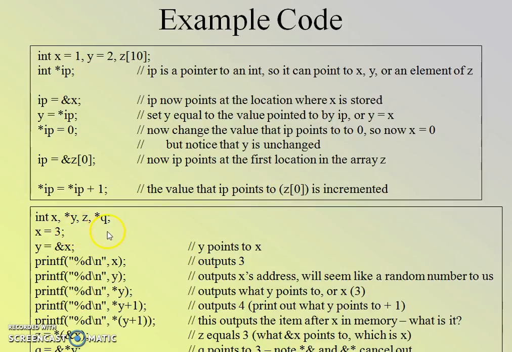Now coming to the program here, I'm just printing the value of x. Okay, it will output 3. Now y, which has the address of x, when you display this, it will seem like some random number, which is x's address. When I say *y, which is the value at the address referred by y, it gives the value 3. Similarly, *y + 1 will output the value 4, and *(y + 1) outputs the item after x in the memory, and